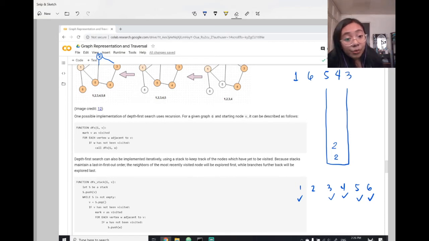And then we pop 2. And we haven't gone there yet. So we visit 2. And then is there anything left? So 1, 3, and 5, we visited all of those. So okay na tayo. We don't push anything new into the stack. And actually, once we get to this point, if we pop 2, we've actually already visited that. So okay na tayo. We just pop it, and we go to the next iteration hanggang mawala na ng laman yung stack natin. And at that point, we've already visited all of the nodes in our graph, or that component